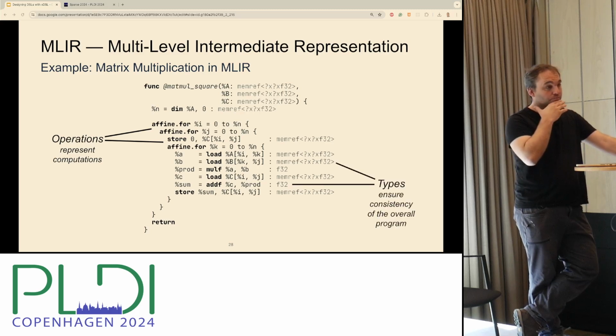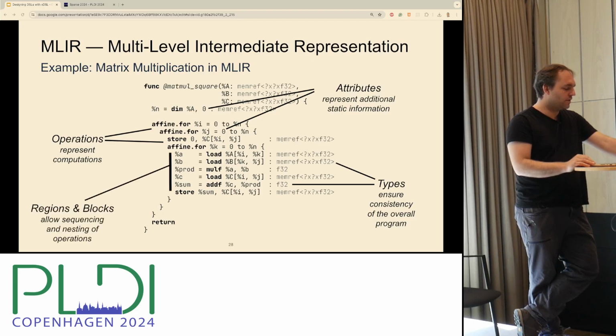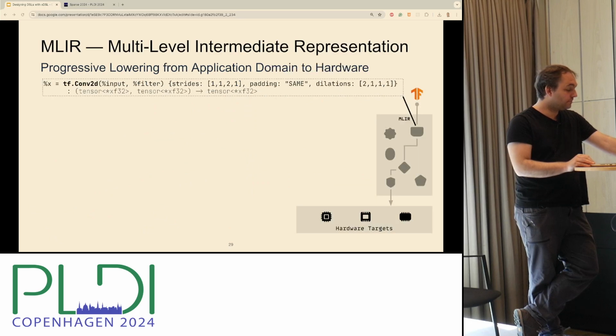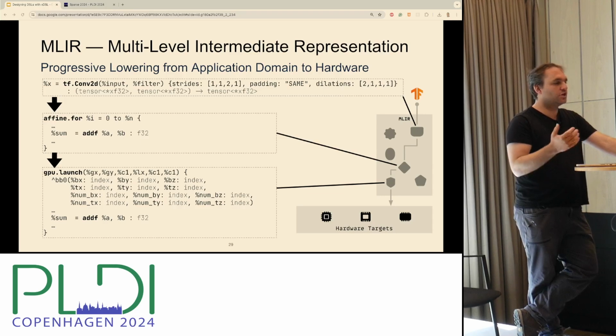You can also have very tailored types, right? Reasoning about high-level multidimensional tensors is quite useful if you target modern AI accelerators. So being explicit and maintaining that information is really helpful if you want to target any hardware that exposes domain-specific expressions at the hardware level. The attributes are also there, but that's not a major thing. But this structured nesting of control flow is what I think makes MLIR quite special. And so then you can really move through abstractions, through your compilation graph, eventually generate GPU code,